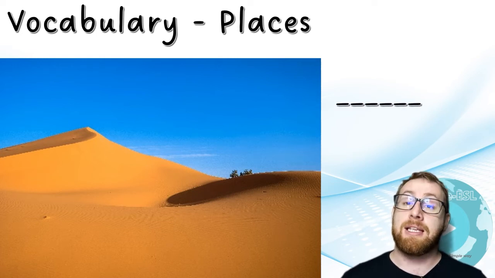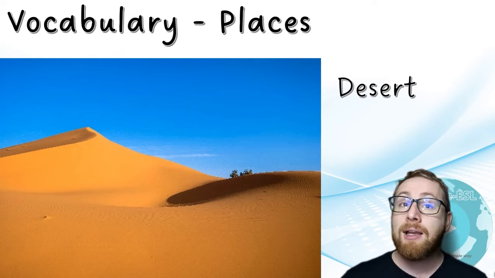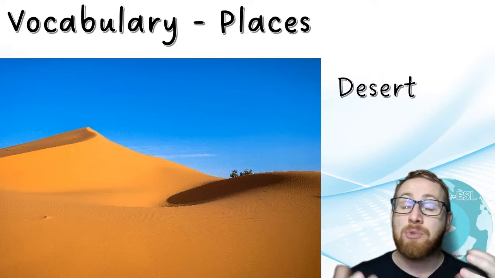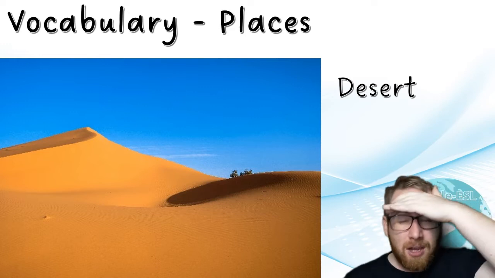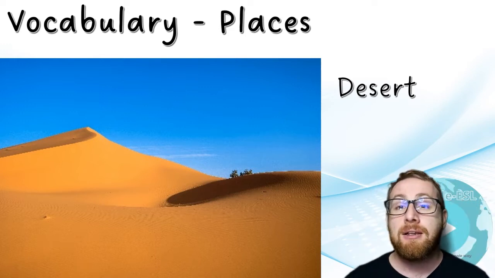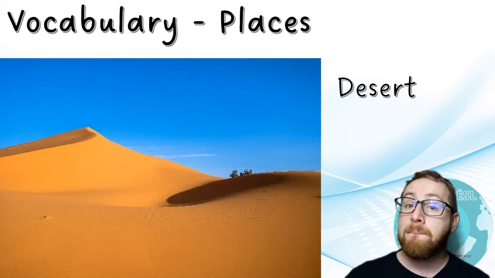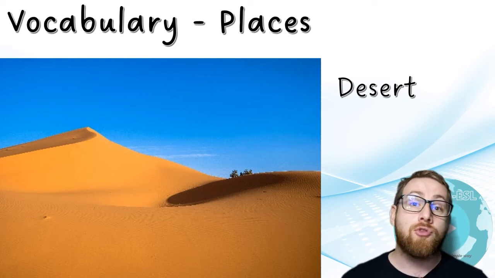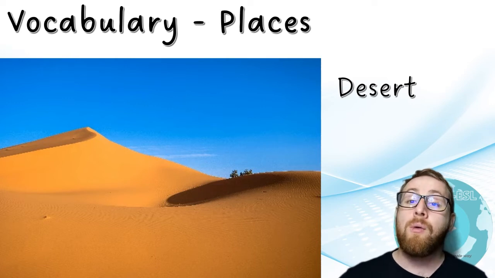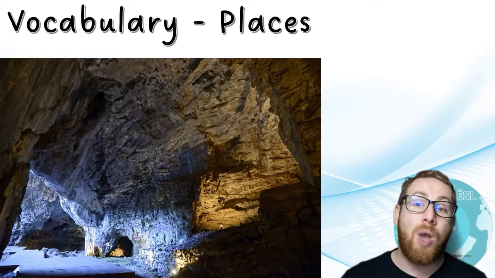Now we can see this looks hot. It is a desert. So living in the desert, what would be some of the problems? The sun is hot. You need to cool down in the shade. So would you build a shelter? I would build a shelter, but are there trees to make a shelter? How would you drink? Would you drink water? Where would you find water in the desert? What other problems are there with living in a sandy, hot wasteland?